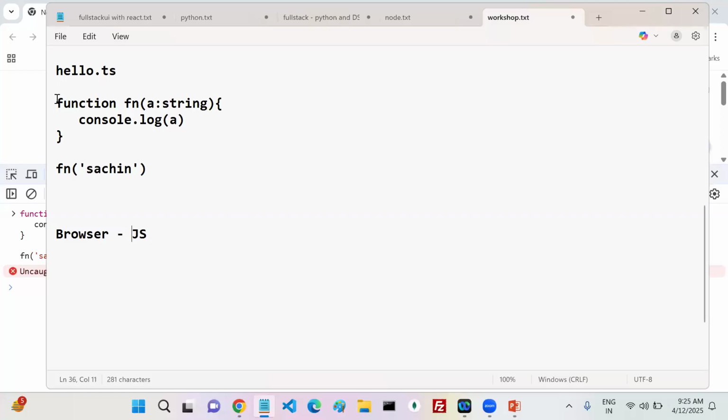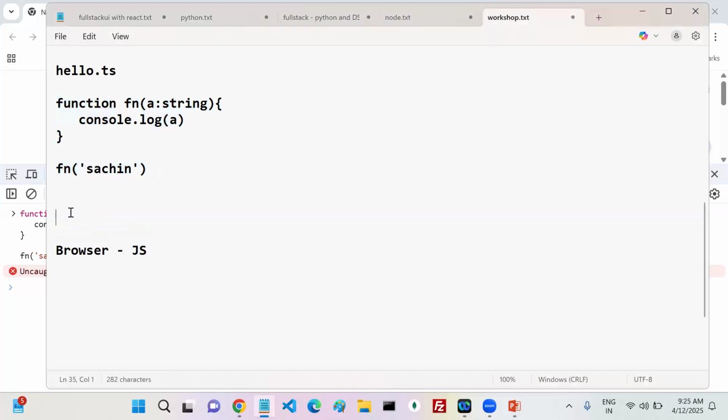So if you want to run this TypeScript code in the browser, what do you have to do? Can anyone guess? You have to convert that TypeScript code into what? Into JavaScript.